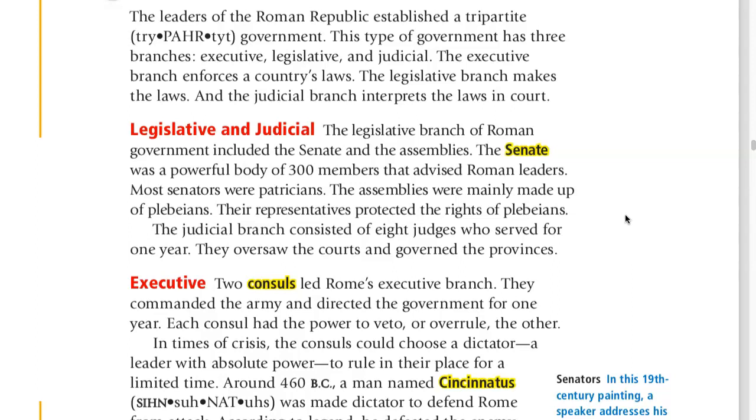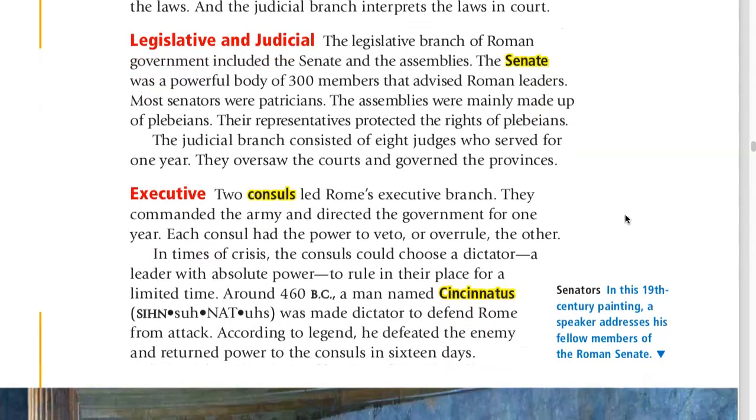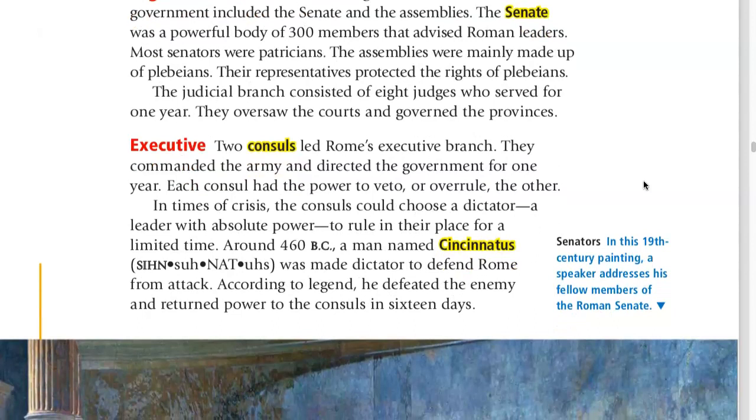Executive. 2 consuls led Rome's executive branch. They commanded the army and directed the government for 1 year. Each consul had the power to veto or overrule the other. In times of crisis, the consuls could choose a dictator, a leader with absolute power, to rule in their place